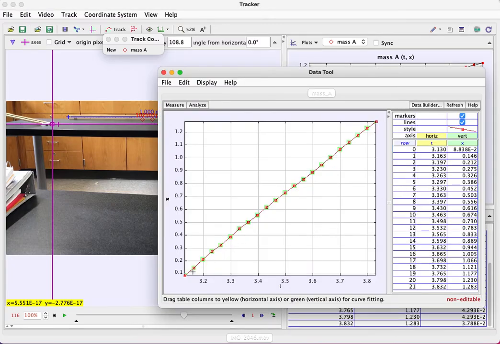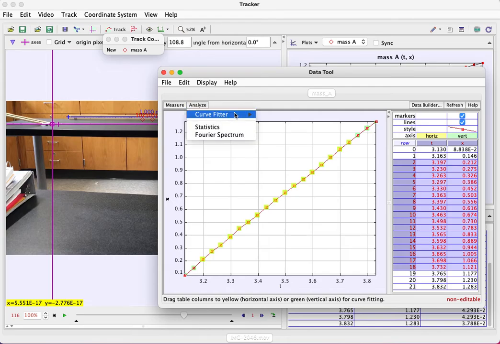Now, you'll notice right now all of the points are highlighted. If you only wanted a portion of the graph, you could click and drag around just a portion of the data. But if you don't click any of it, it'll just assume you want to analyze all of it. I always like to do a portion of the data. That way I know exactly what I'm getting. But once you've done that, I click the Analyze button,